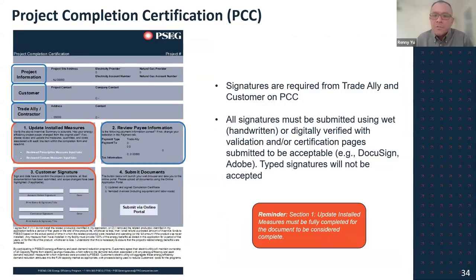The project completion certificate will also auto-populate based on the project data already input within the workbook. This requires signature by both the customer and the trade ally, and should only be signed and submitted after the project is fully installed and commissioned. So anything in blue here, these sections will be auto-populated. But please keep in mind when you're